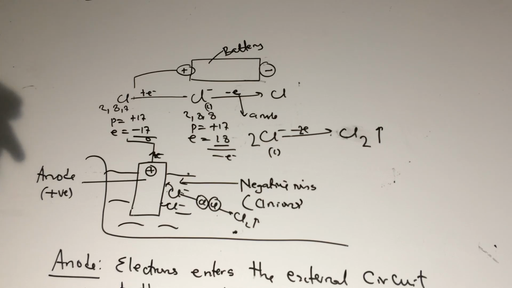Don't forget. So this is what happened at the anode. I'm just giving a case study, so don't forget. As you can see from the diagram, this is a part of the electrolytic cell. That is talking about the internal circuit, where you have the ions. The charges that move inside the electrolyte are ions, and these ions could be